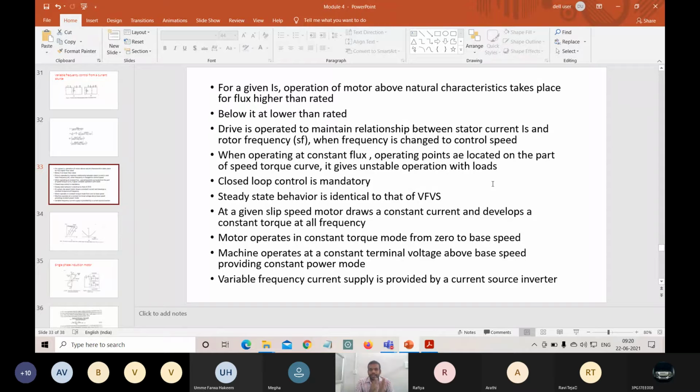The behavior of the motor at steady state is the same as when we use V of Vs. V of Vs is nothing but our variable frequency voltage source. At a given speed, at a given slip speed, the motor always draws a constant current,